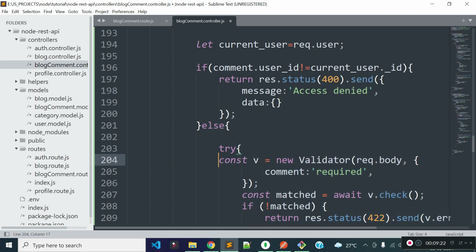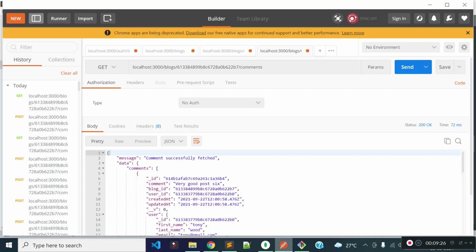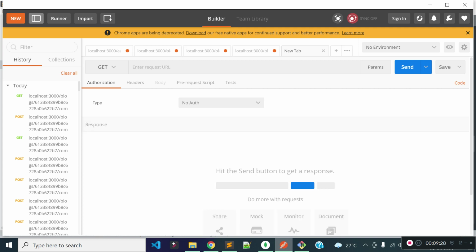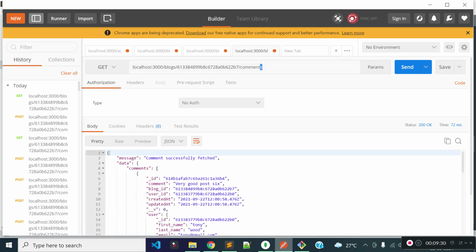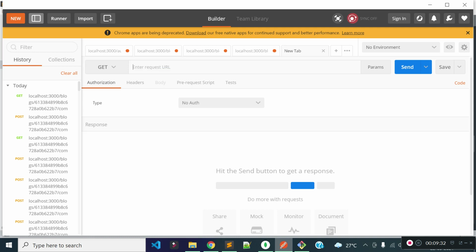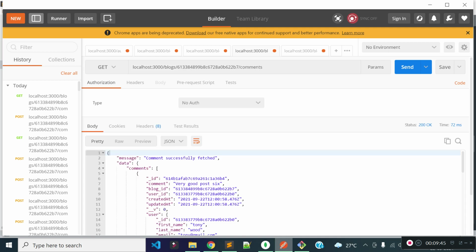Now let's execute our update comment API endpoint from Postman. From Postman, let's open a new tab, and then let's provide the request URL, which will be our base URL slash blog slash comments slash comment ID as a route parameter. We can get an ID from our get comments API endpoint.